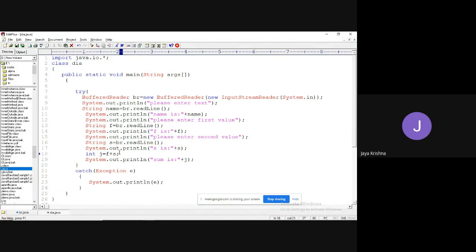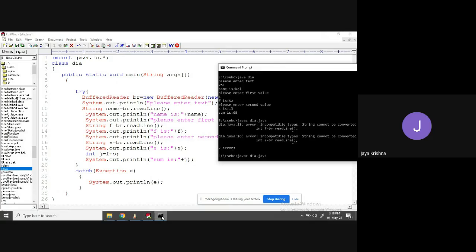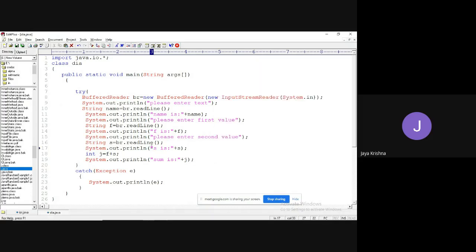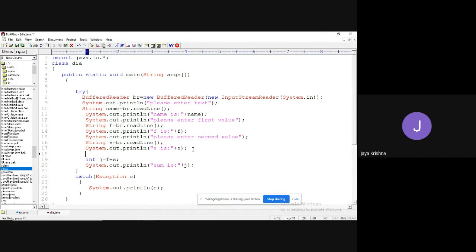Maybe here we'll get an incompatible types error. What happened? Incompatible types. So what can we understand here? Before using this s value, I need to explicitly convert it into which format?